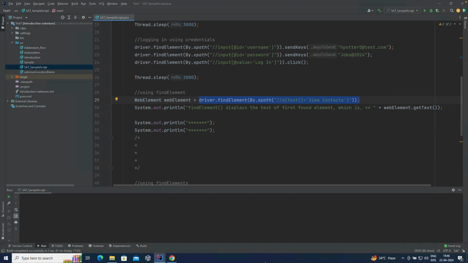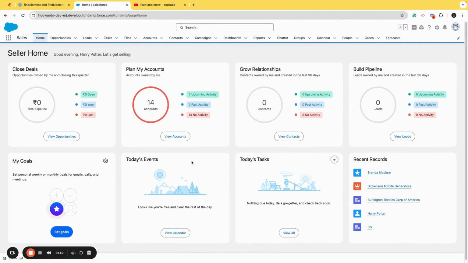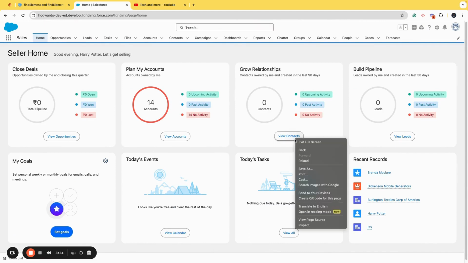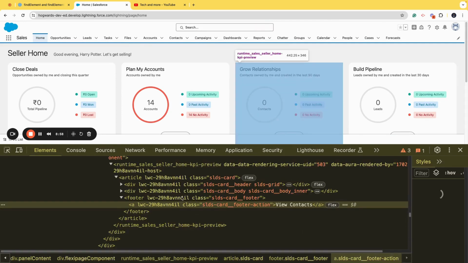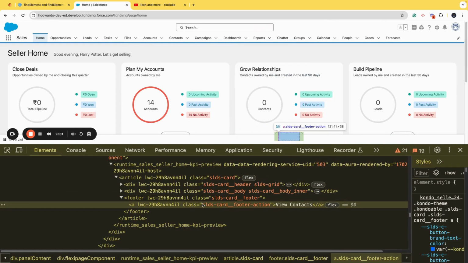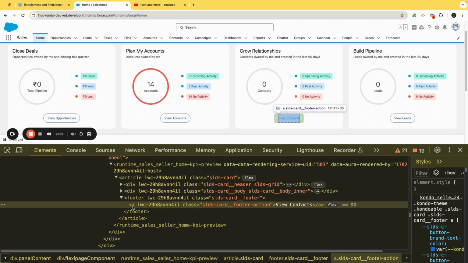So when I refer to an element, what I mean is, because it's very important to understand what a web element is, though I've explained it earlier, I always feel that I should give as much context as possible in every video. So when I give the XPath, go ahead and find this element containing View Contacts, the Selenium WebDriver will always return me this particular line of code, starting from the a tag up till the entire a closing tag, right? So with the help of .getText, I'll be able to fetch the text or the data